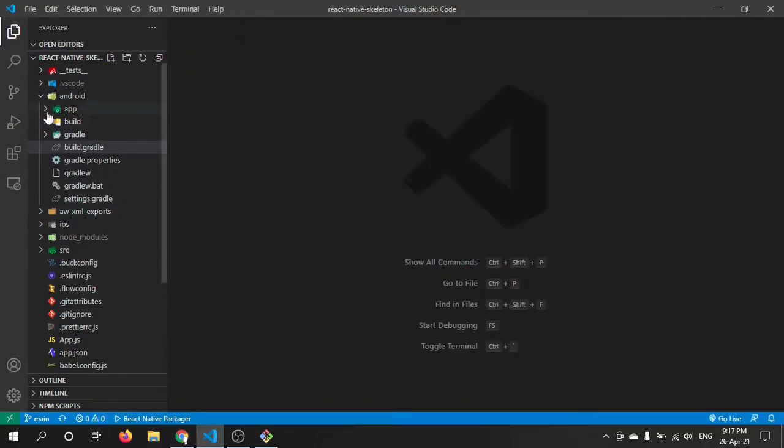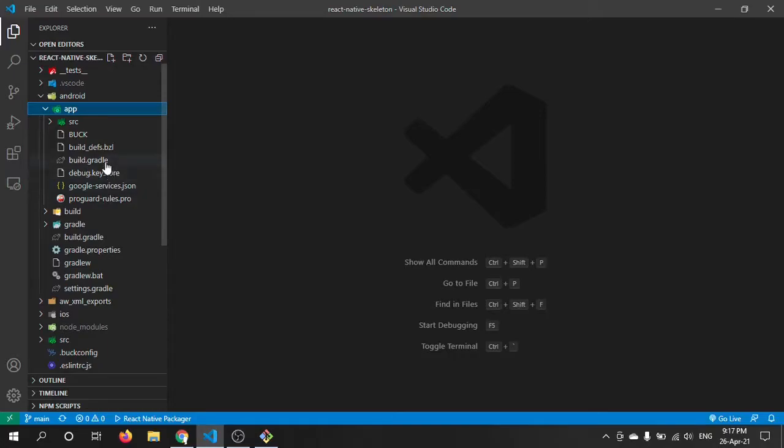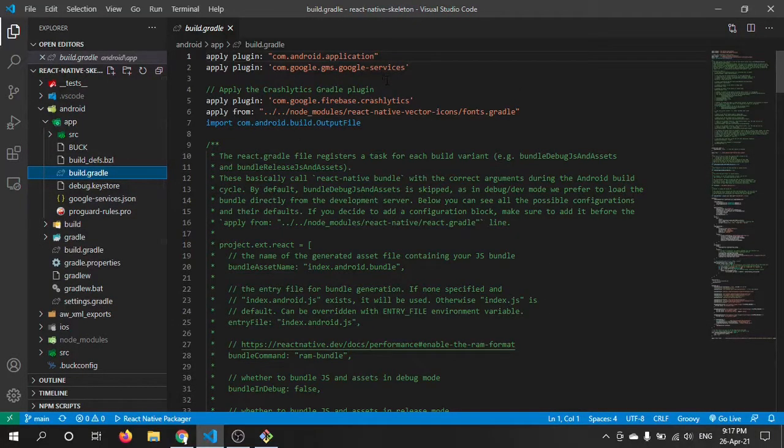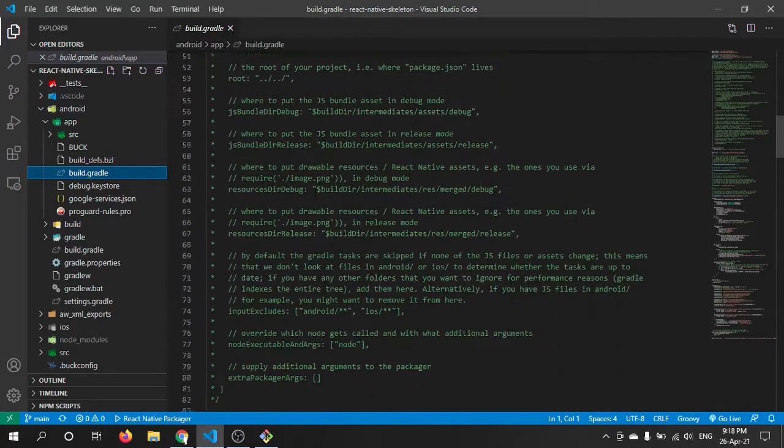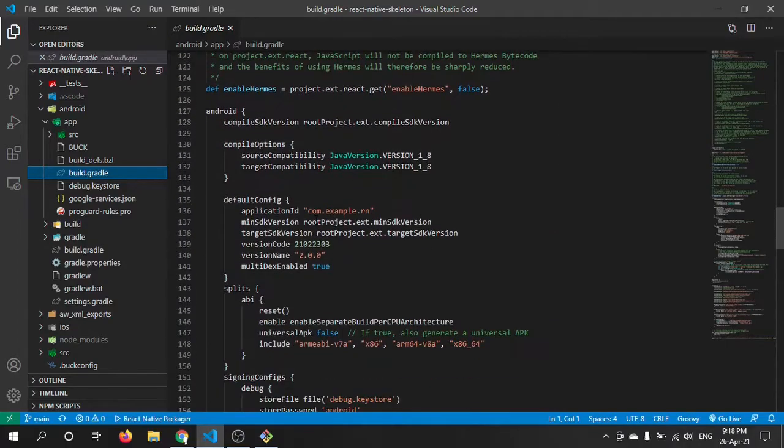Now if you go inside the app level, you can also see a build.gradle over there. In this build.gradle, we mention the app level configurations, such as the important ones that I am going to tell you. The version code: while compiling the APK, you have to mention the version code, and it should be a higher number than the previous version code. For example, you have created version 2.0.0. At that time, this is the version code, and whenever you create another version 2.0.1, you will have to use a higher version code over here.